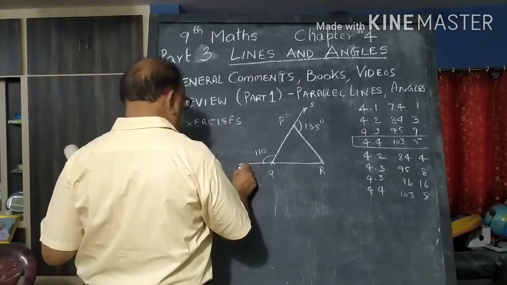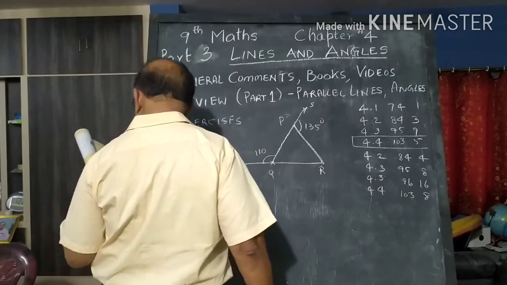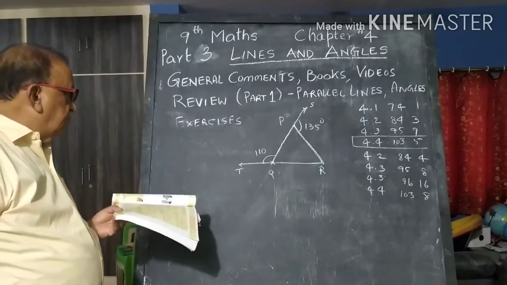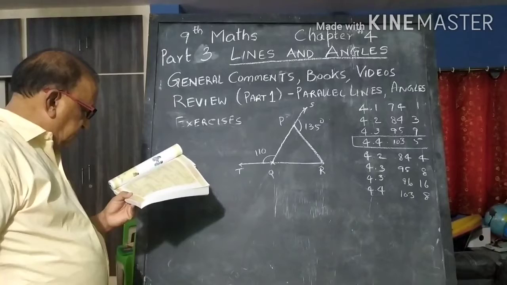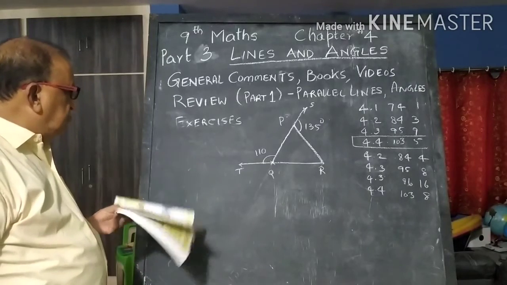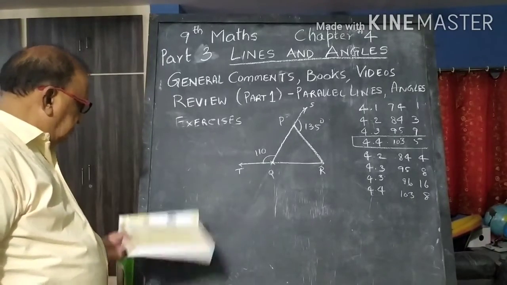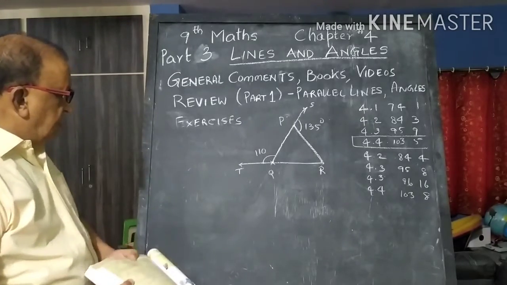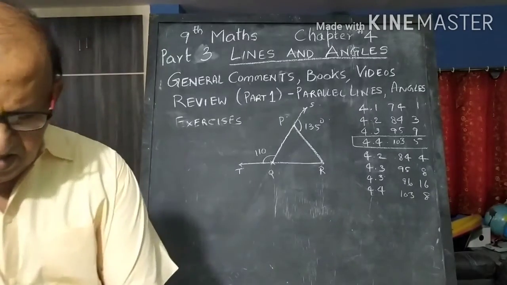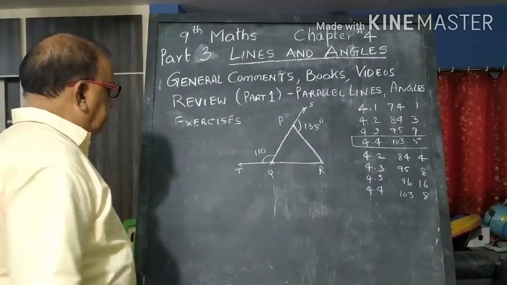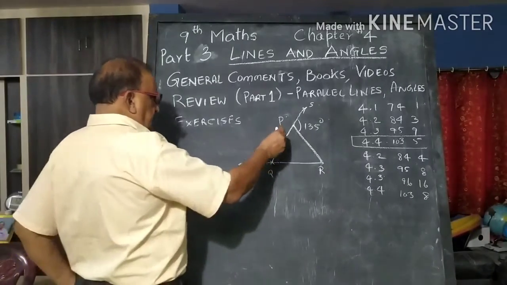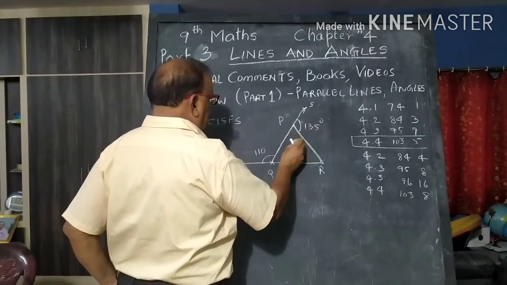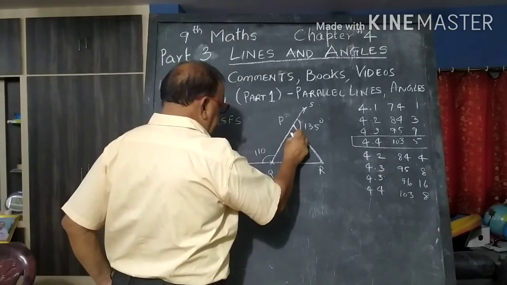And this is T. All right. What did they say? If angle SPR is equal to 135 degrees, and angle PQT is 110 degrees, find the angle PRQ. Angle PRQ. And also now you can see this is 135, right? So this plus this angle, this